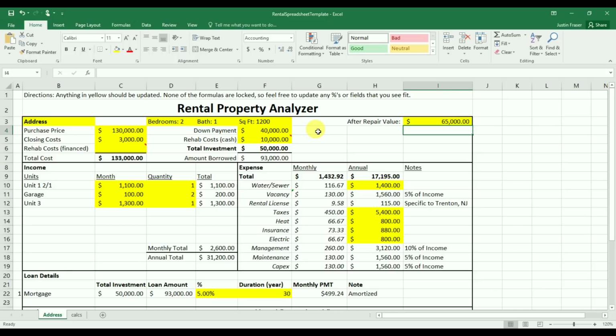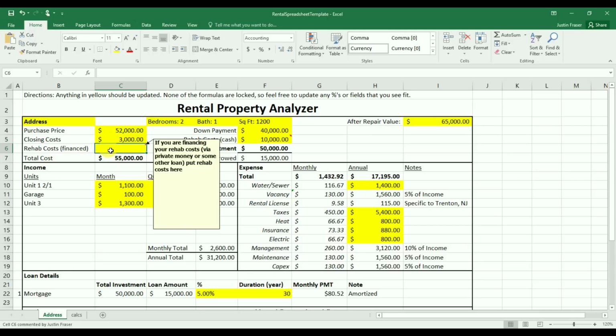I understand most markets out there are going to be more expensive, but for us, this is what worked in our market. But this calculator will still work no matter what market you're in. Okay, so our purchase price was $52,000. We had maybe $3,000 in closing costs, maybe a little less. I don't remember exactly. I always budget on $3,000 in closing costs, and we had